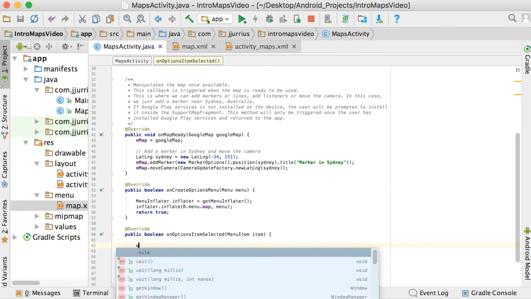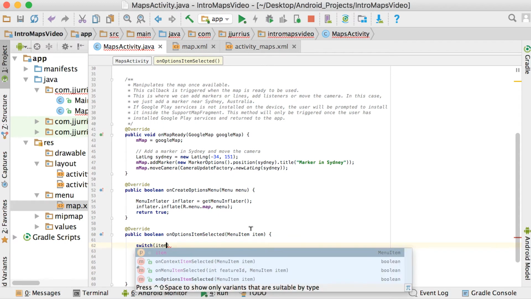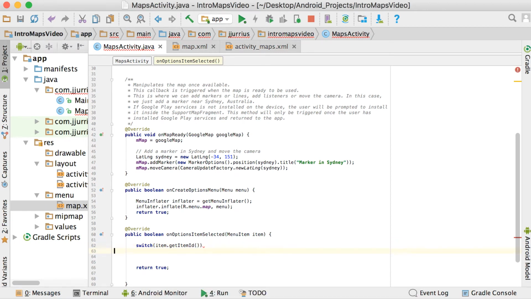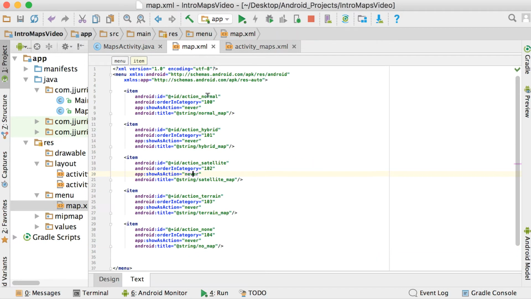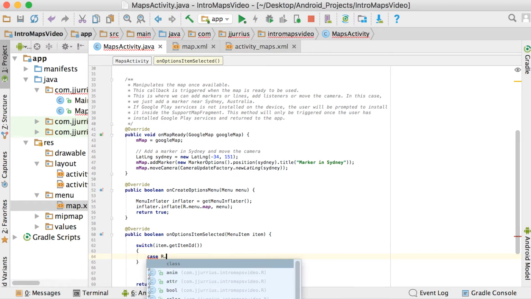So I'm going to use a switch now. We're going to say switch, and then I'm going to pass in the item object that was passed in, and calling on that object, I'm going to call getItemId. So that item ID will then be whatever the user chose there. It will either be action normal, action hybrid, action satellite, terrain, or action none. So those are the values that I want to test for. So the first case there will be